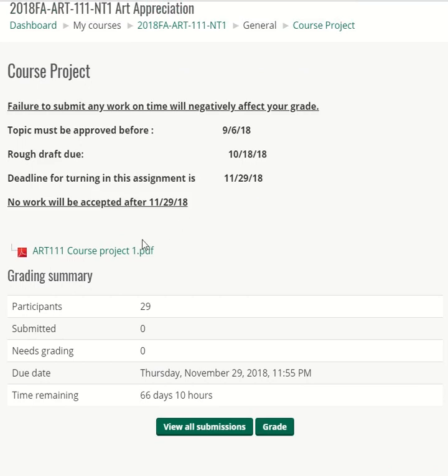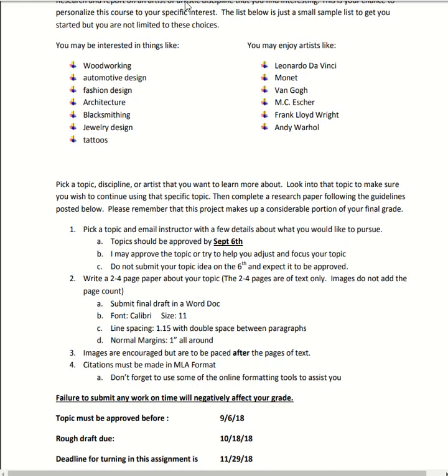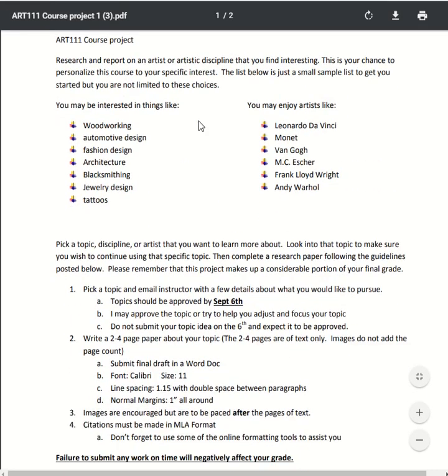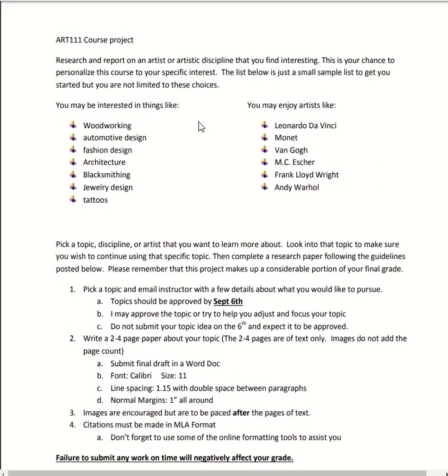Now, when you click on this little PDF right here, I've already got it pulled up. This is what you should have been looking at for your actual course project instructions. Now, at this point in time, you should have an approved topic. If you do not have an approved topic, please be aware that it is hurting your grade. Okay, you've missed a deadline, and basically you are not keeping up with the class, so it will hurt your